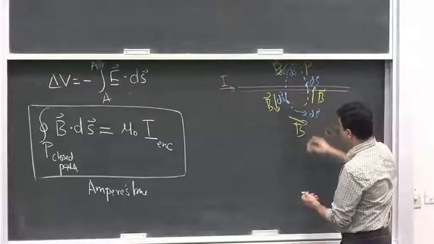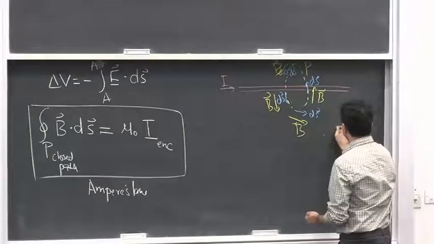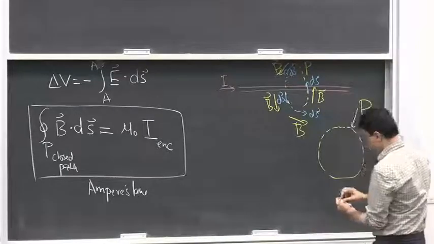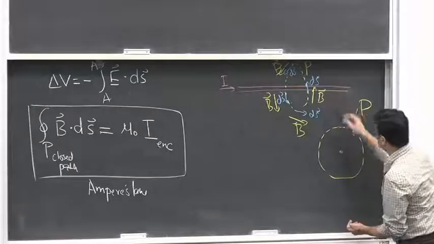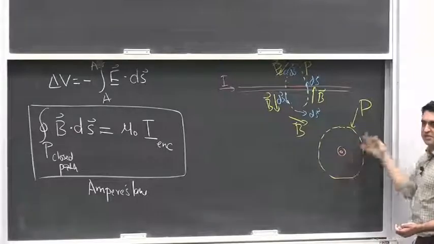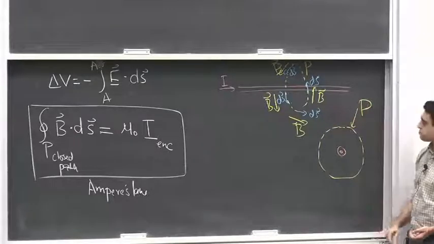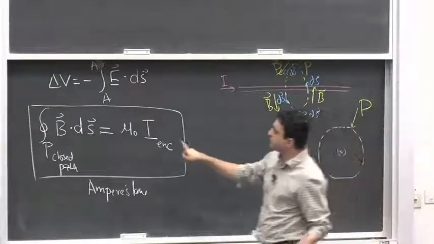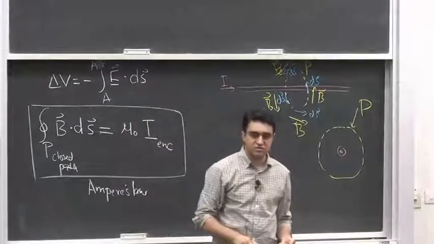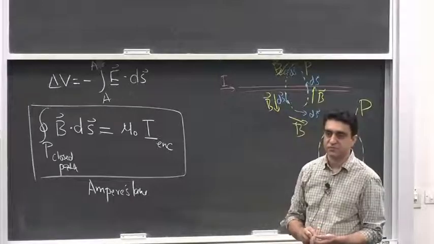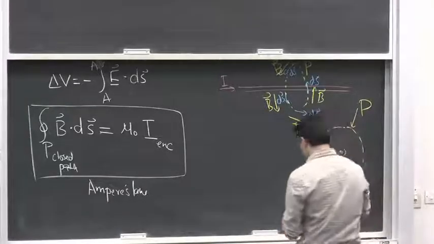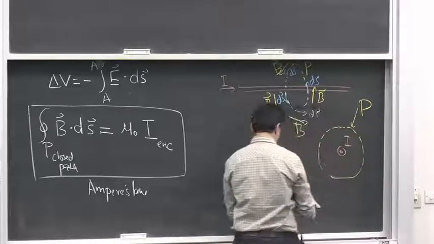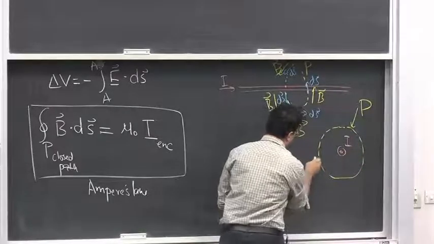So if you take this path P and look at the cross section, what you would see is that this current, which is coming out, is inside this path. So this current is enclosed by this path P, and that's why this integral gives you a non-zero value. True? If you take another path, so you have this current I which is coming out, but if you take a path something like this,